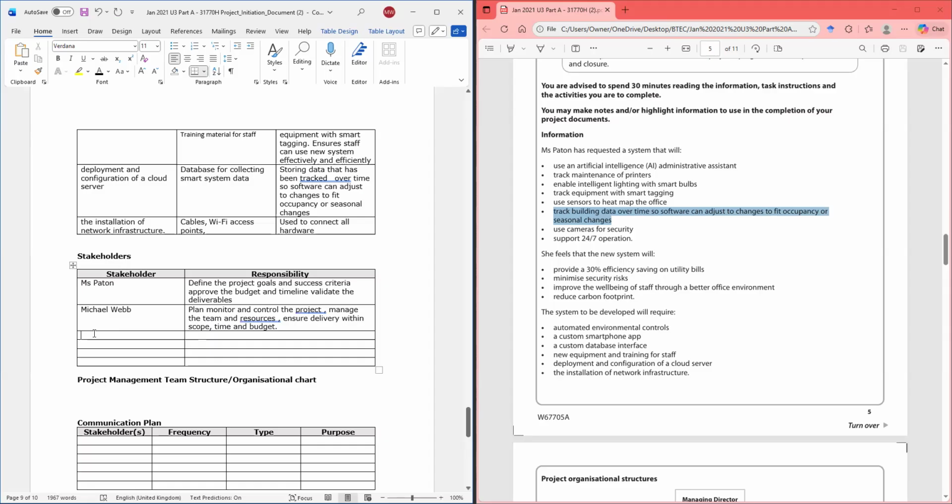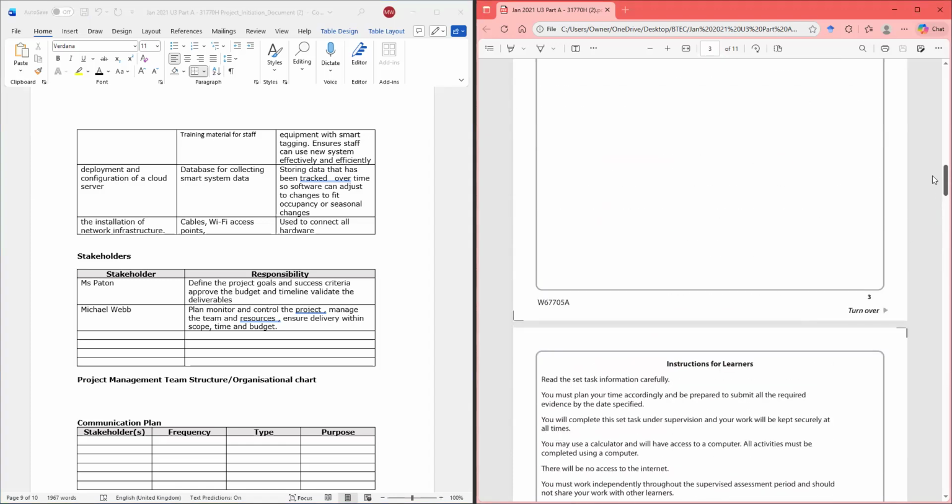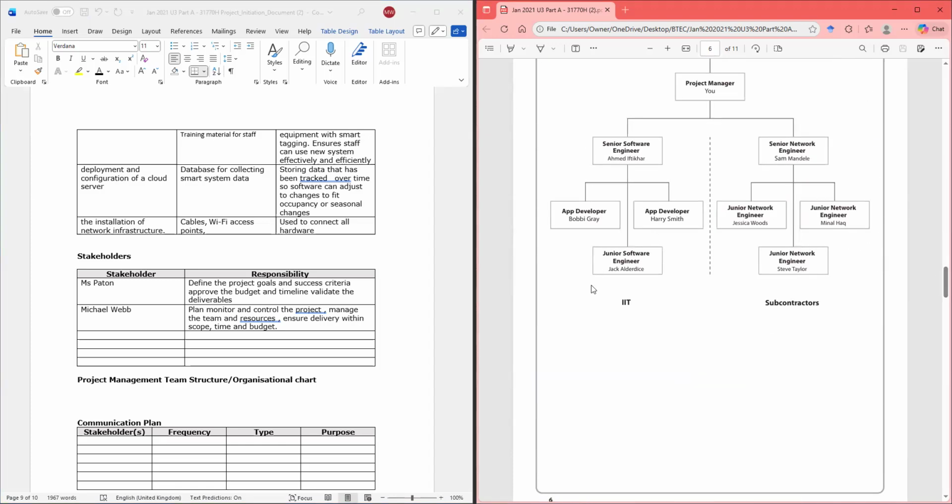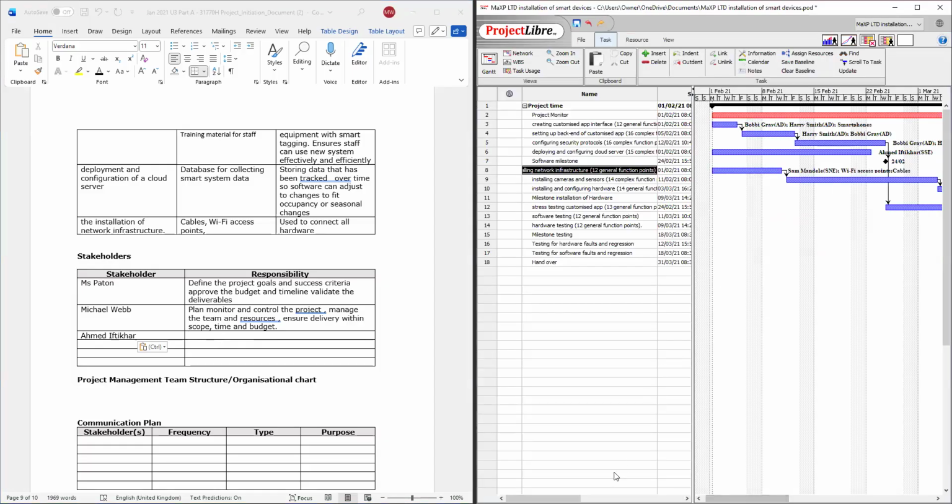All right. Also, the other guys that are here. Hold on, where is it? It's right here. Right? So Ahmed Aftika, who would be responsible for, and this is where our Gantt chart comes into play.